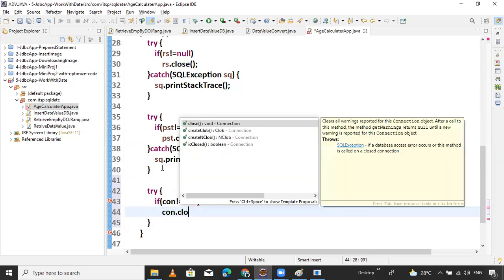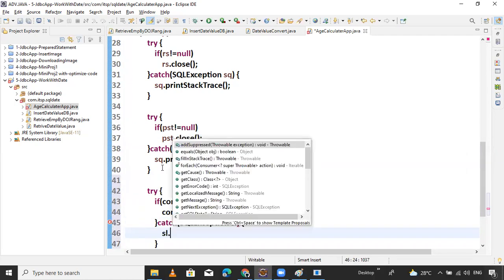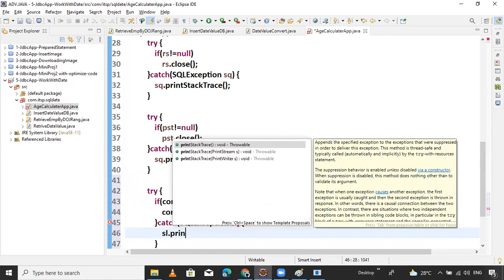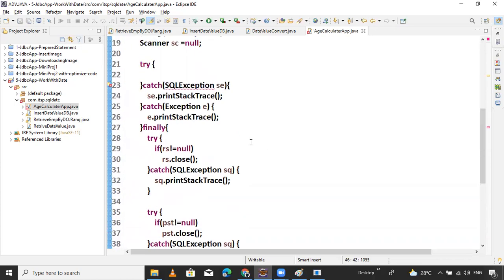The con.close method call. Catch the SQL exception and call the sql.printStackTrace method. That's it. Now our connection closing is done.